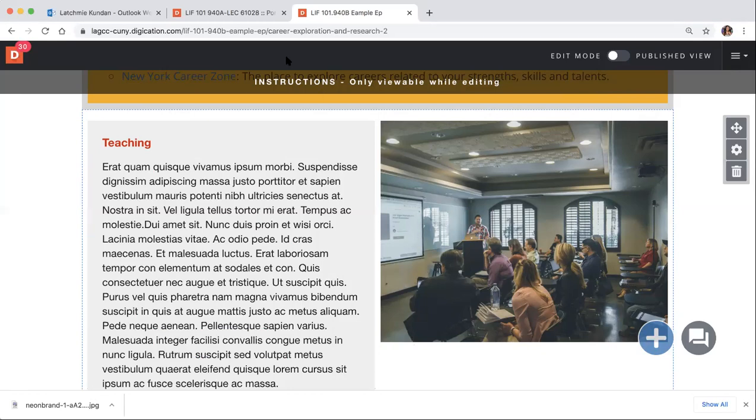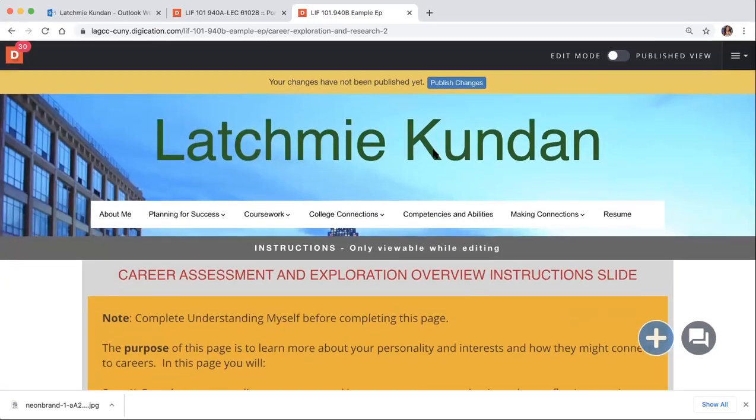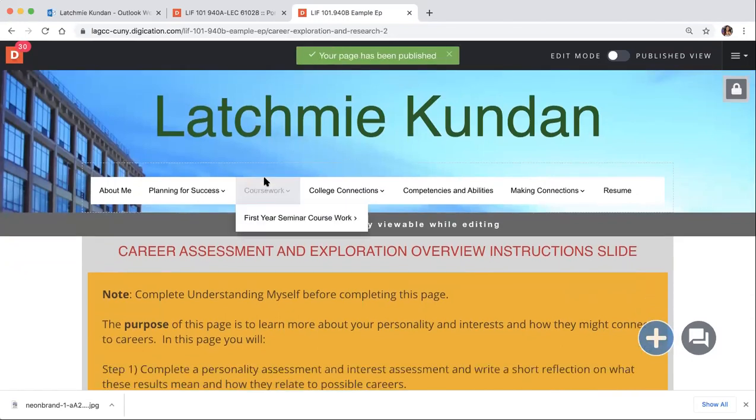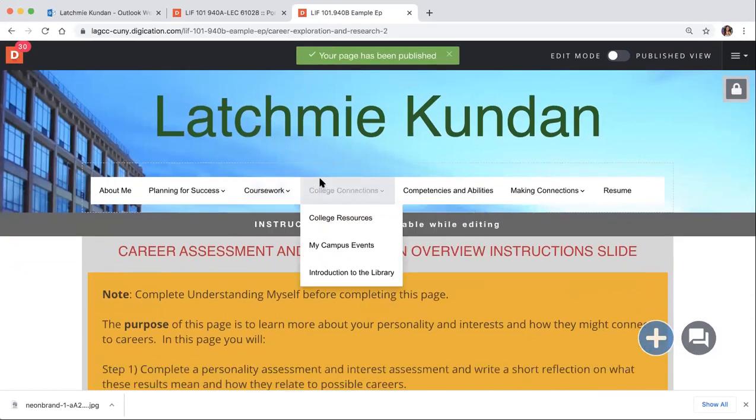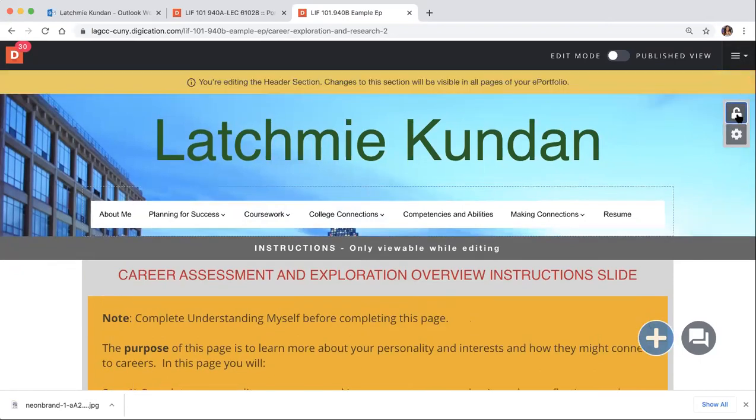Okay, great. For last week, I'm going to go over very quickly before we leave. For last week, we did the habits of mind presentation. So where to put that really quickly is just if you unlock this box at the top where your name is and you hover over where all the tabs are, you're just going to click on the pencil and paper icon